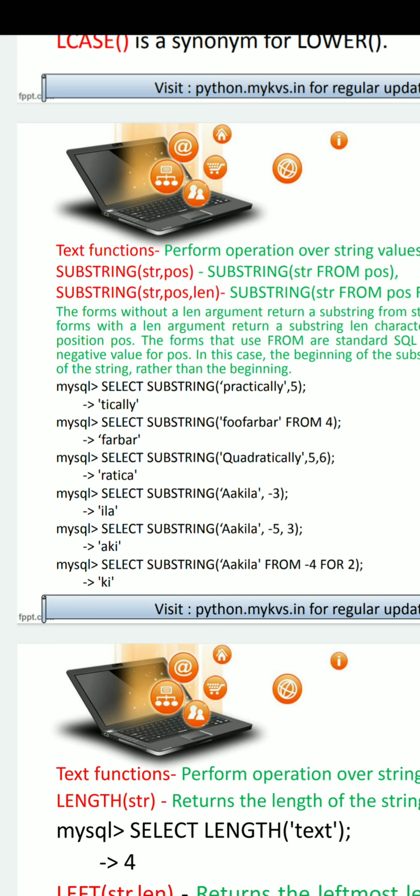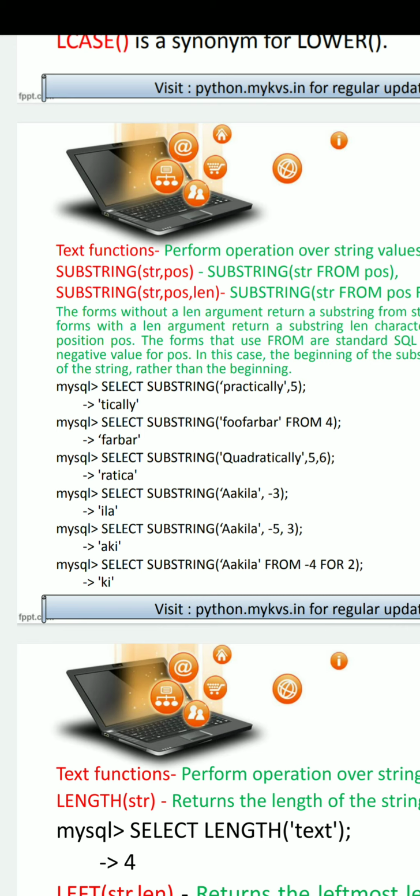So at -5 position, starting from the rightmost position, -1, A at -1, L at -2, I at -3, K at -4 and A at -5. So A, then 2 more characters will be returned, as 3 characters are required.